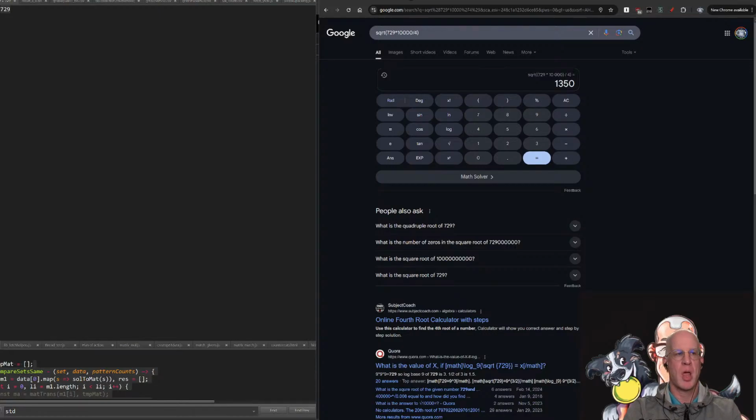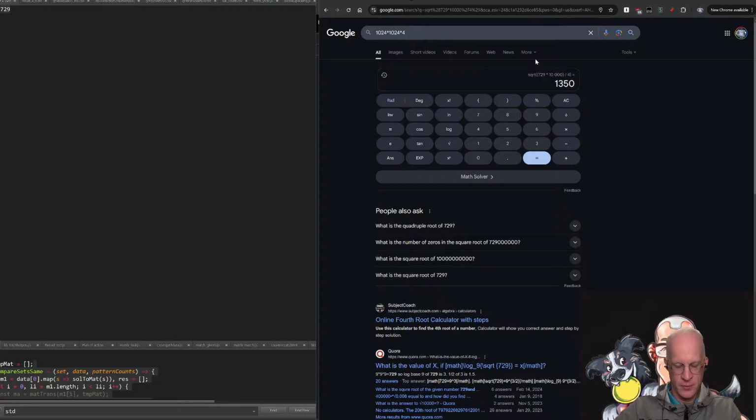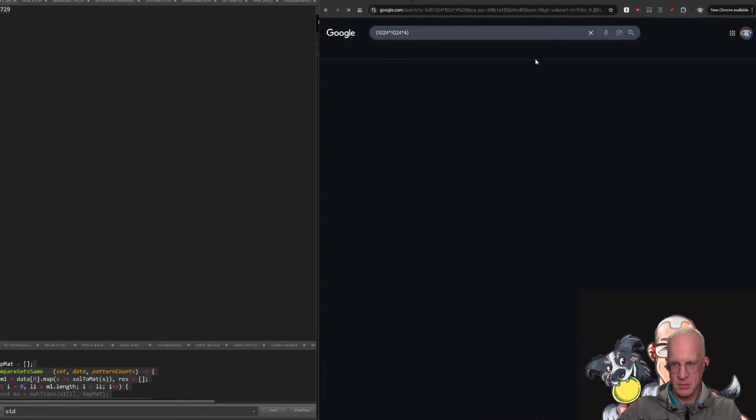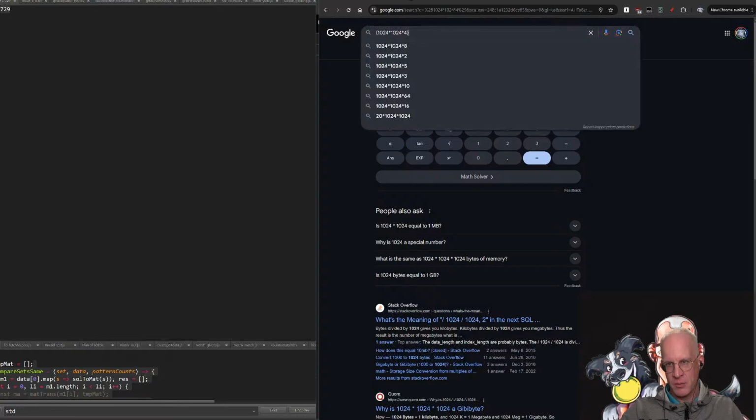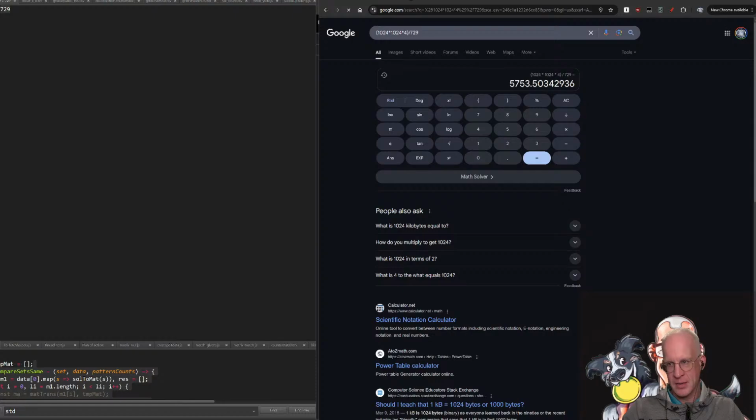So if we do it by blocks. Okay, so let's say we take textures that are 1024 by 1024. That's our number of pixels. We multiply by 4. We have 4 values per pixel. And now we want to divide that by 729, basically, at the most primitive. So that's 5,753 matrices. So we could maybe do 5,000. So what we could do is pass in 2,500 matrices, 2,500 puzzles, times 2 sets of 2,500 puzzles,